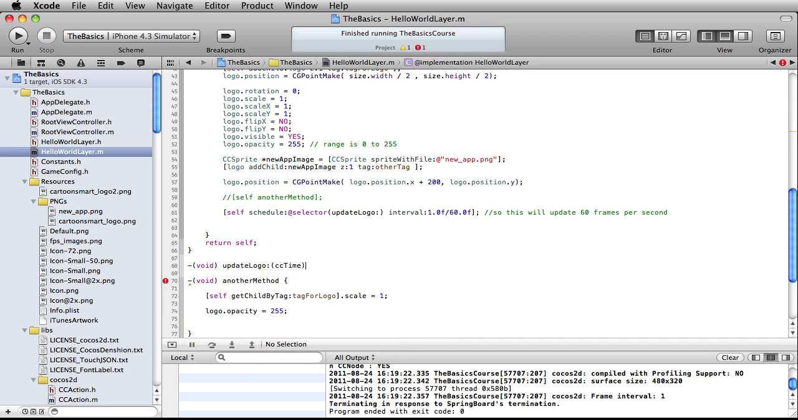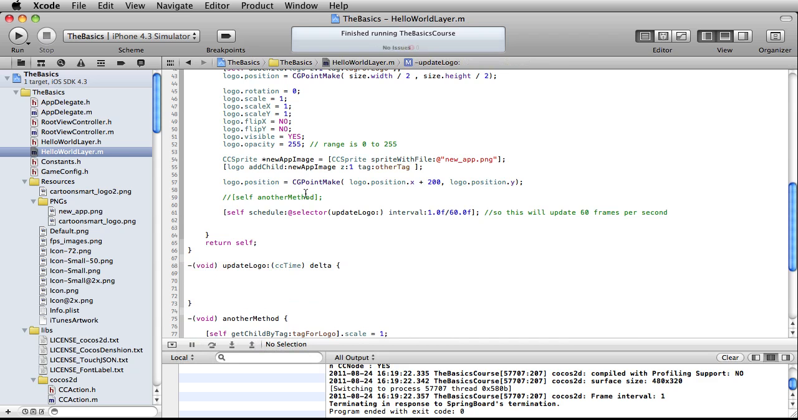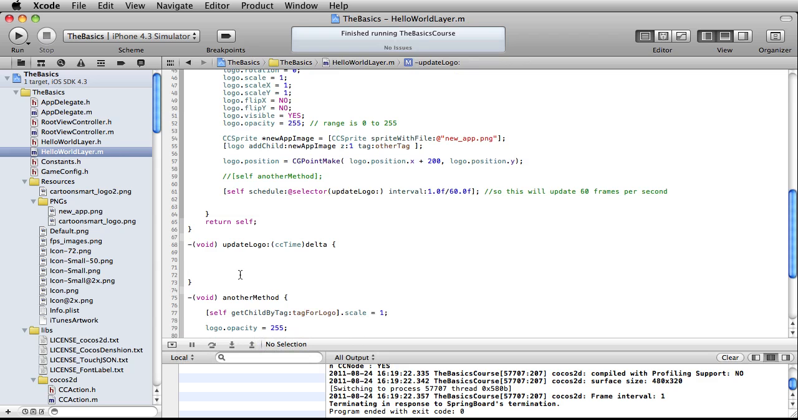Okay, so what it wants from us though is the CC time, and then we'll just put in here that our delta for the time that we're passing to it. Okay, so this is just that interval. All right, and we now get to put something inside of this method that will move along our logo quite